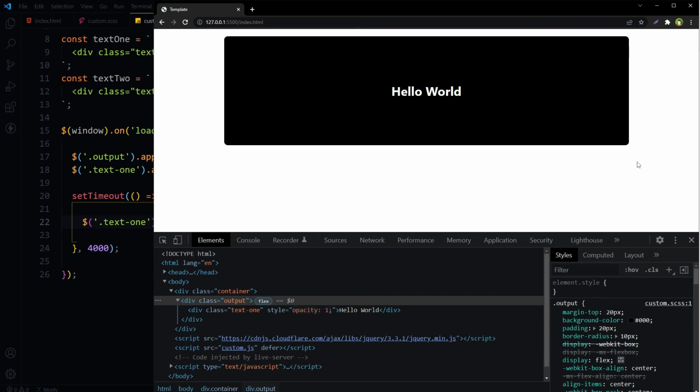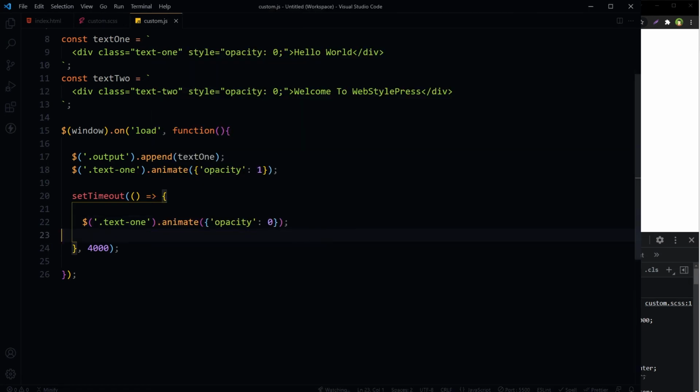Refresh, element appeared. After 4 seconds it faded out. After that we can repeat this process for the second div.